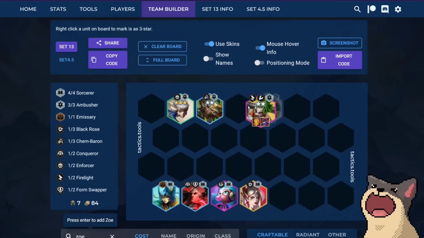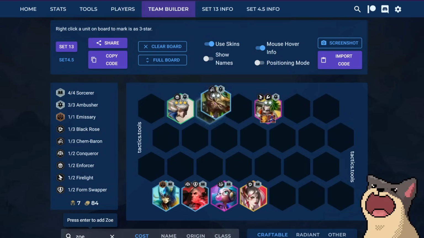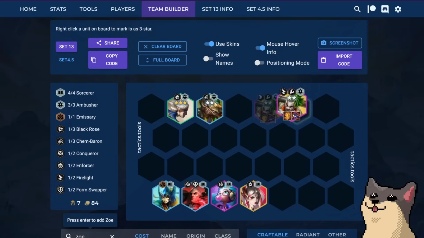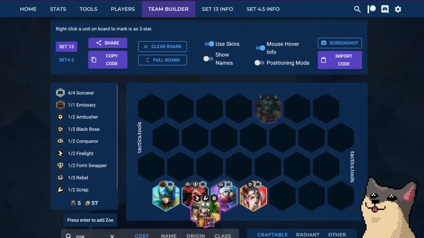It's better to have a 3-item Echo if Echo is my main carry than it is to have a 3-item Smeech and just hope that I have Echo items later. You want to prioritize on carousel components that work towards your main carry. So this is the idea of pivoting between a line. Now, like I said, I wouldn't necessarily do this with ambushers, but one comp that it really applies to is